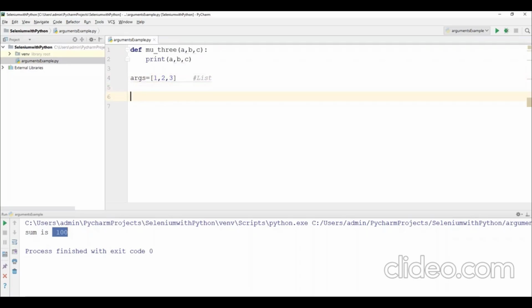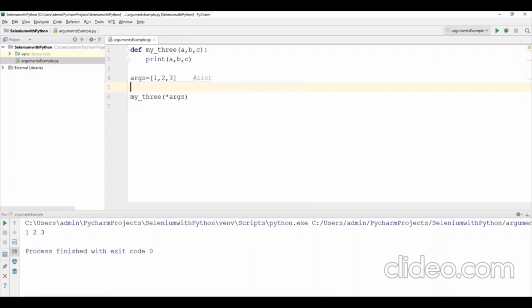If you want to pass them, you can just call that function. So I'll just say my_3 of, and I can just specify star args. Args is a variable, and star represents multiple values. Now we are sending all 1, 2, 3 values, and this function will receive them: 1 will be assigned to a, 2 will be assigned to b, 3 will be assigned to c. So this is how we can use this while getting the parameters and also while passing the parameters. In both cases we can use this argument type.